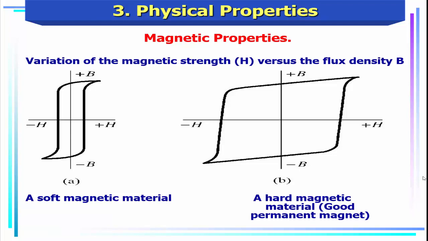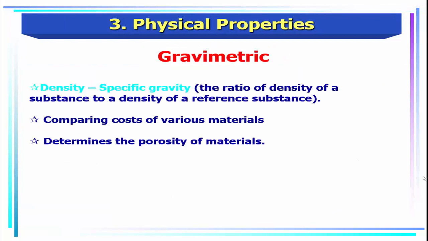This is the variation of the magnetic strength H versus the flux density B. This is an example of a soft magnetic material and another example of a hard magnetic material, a good permanent magnet. This is gravimetric, so this is the density and specific gravity, and it's also the ratio of density